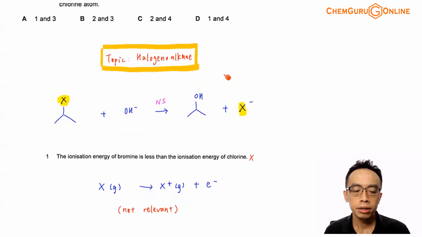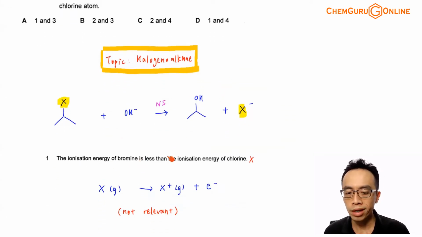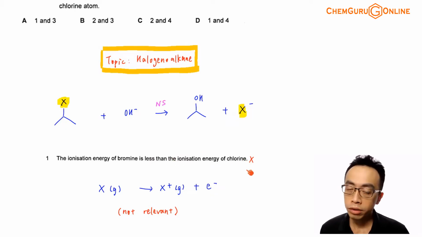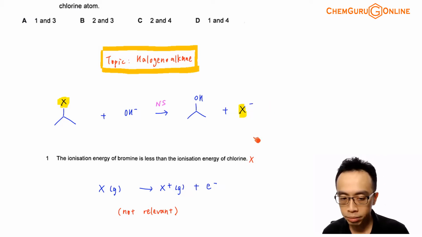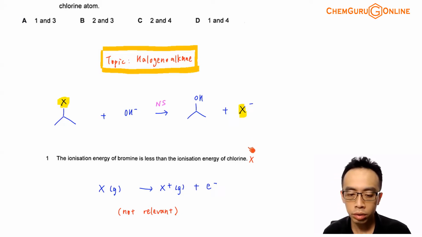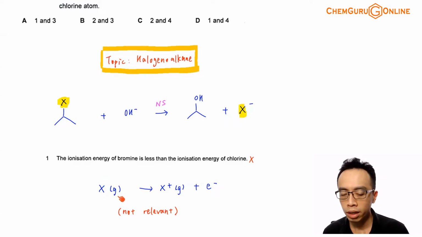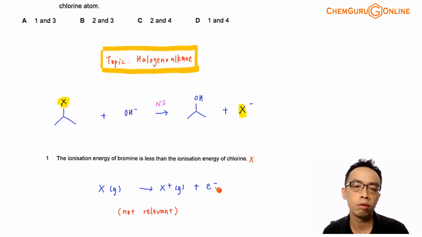Now statement 1. Statement 1 says that the ionization energy of bromine is less than that of chlorine. Now, if I consider ionization energy, which is the energy required for me to remove an electron from a bromine atom or a chlorine atom. So again, if I just write it in terms of X, which is halogen in general, ionization energy will involve our halogen atom, taking out one electron to give me X plus in the gaseous state, plus 1 mole of electron. Basically, removing 1 mole of electron from 1 mole of gaseous atoms to form 1 mole of gaseous cations